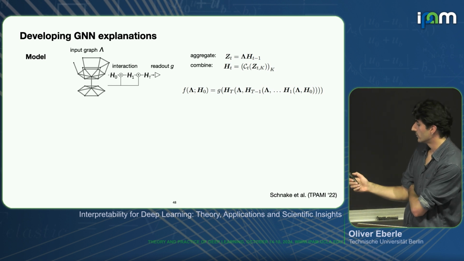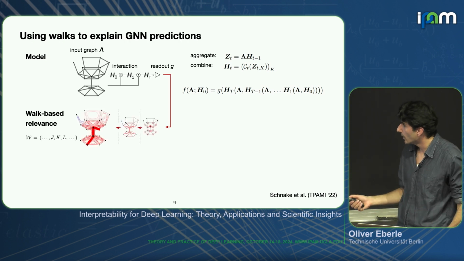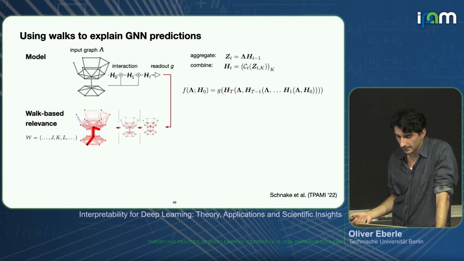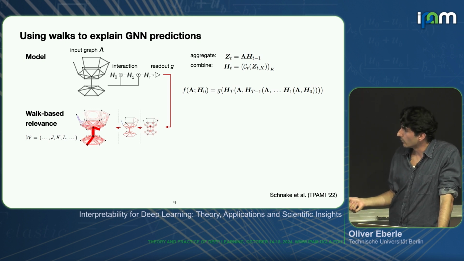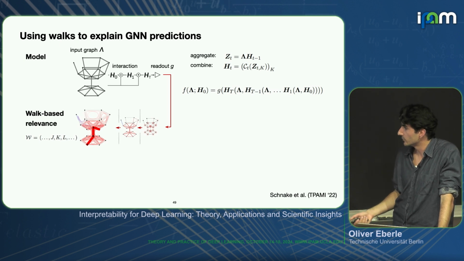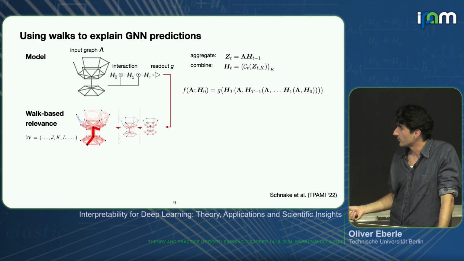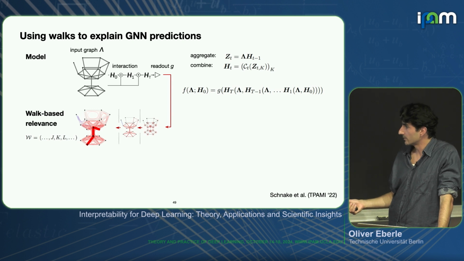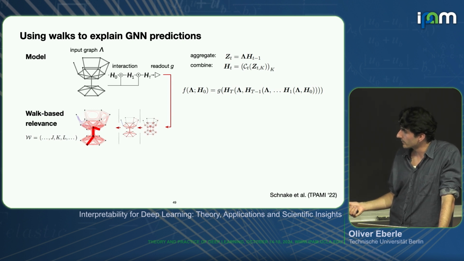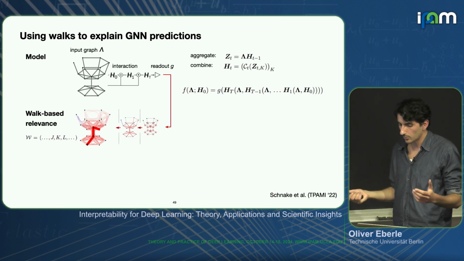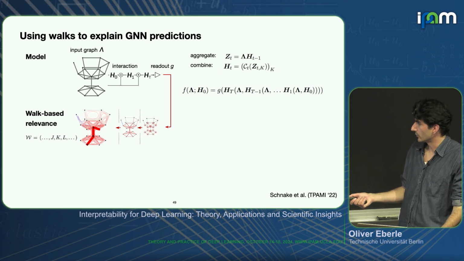If you then want to compute the gradients, you get these walk type representations. If you go from the output one step back, you get attributions on nodes. This would be first order. It just tells you how important a certain node is at this point in time. If you then propagate one step further, you start building your walk. So you get these second order interaction type things. If two neurons are jointly important, you get this positive connection here.